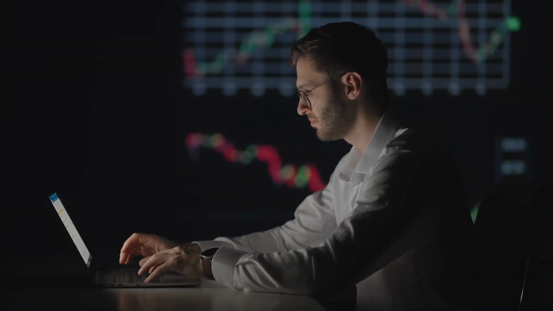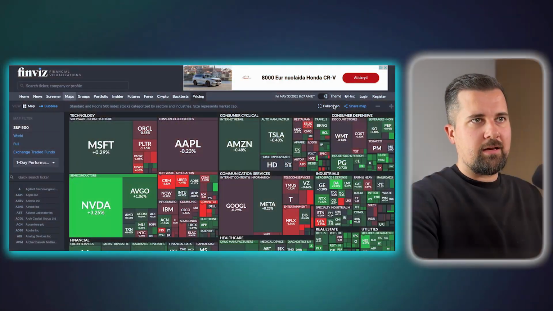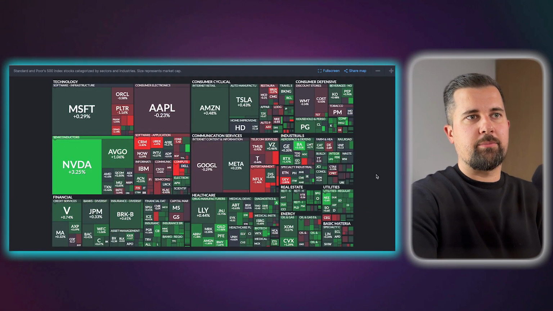Now, some of you might say, wait a second, okay, I get the idea of investing that 100, 200, 300 euros a month, but where? The simple idea is index funds and passive index funds. To understand what index funds are, I have a screen which is the S&P 500.